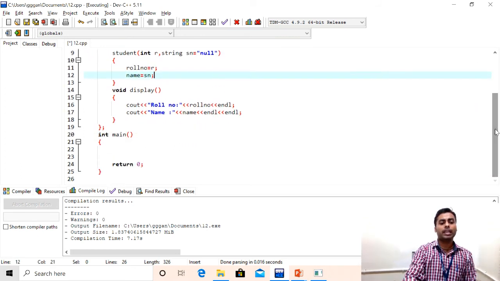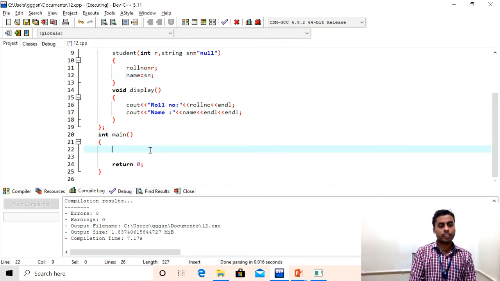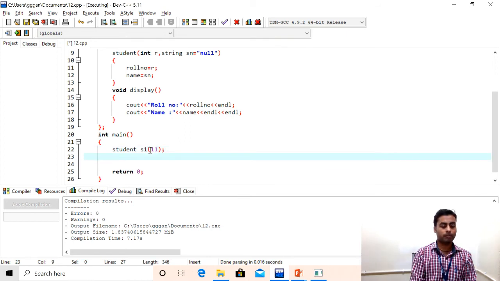Now let's see, one student comes, student S1. That student was in a hurry and just specified his roll number 11 and forgot to write the name. So only one parameter is passed.